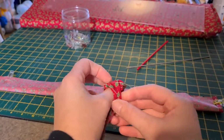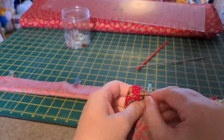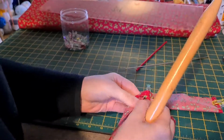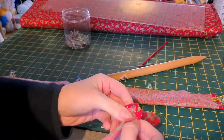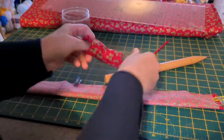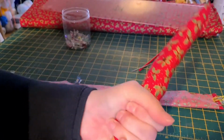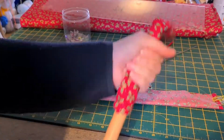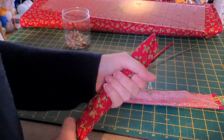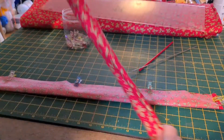Then you're going to turn it inside out. So then you have it right sides facing you, so the fabric's the right way around. So I just start it off, and you end up with like a little sausage, and then I've got an old 2 centimeter knitting needle that I just use to turn it inside out, but anything really you can use. It is super quick. Probably not the quickest method if you're wanting to go into mass production, but